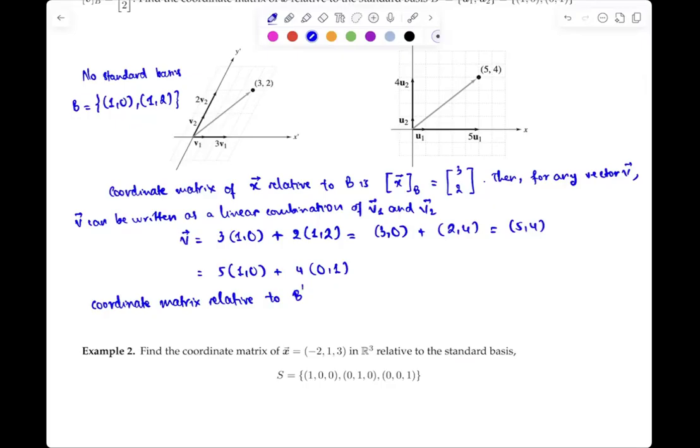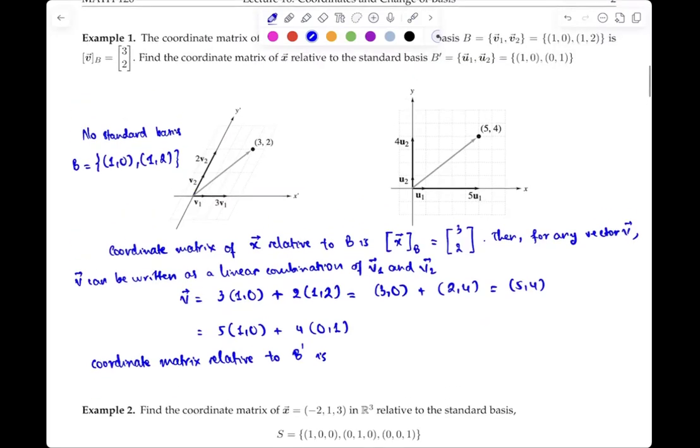So this prime is not the derivative in calculus, it's just another name, right? So you can substitute this with some other thing like B1 or B2 or K for that matter, right? So B prime is just the name. So the coordinate matrix relative to B prime is going to be